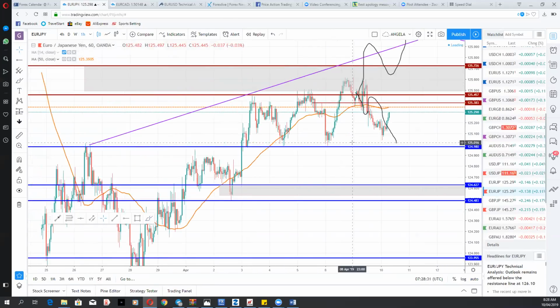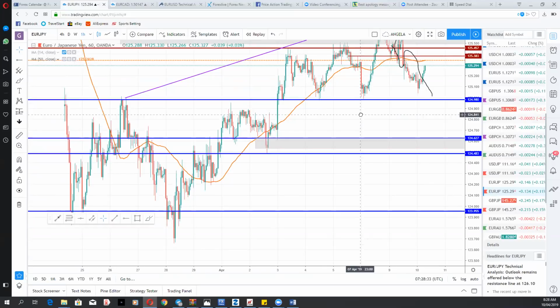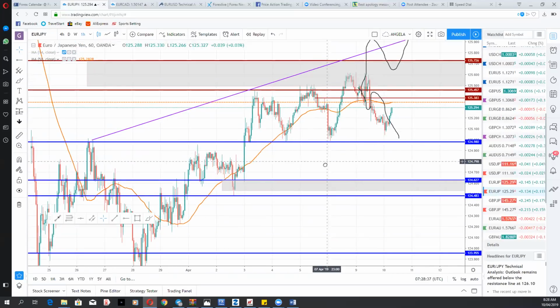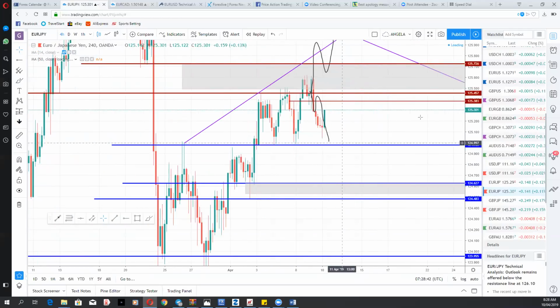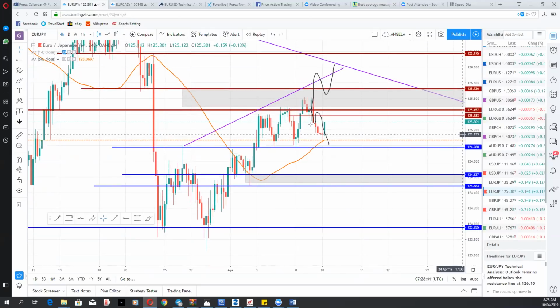Do I have a lower trend line? Yes. Now let me go to the 4 hour. It's clearer on the 4 hour. I'll be able to see some things clearer. As you can see, I said yesterday, a break above or a break below and retest. So we'll wait for the retest of this area now.